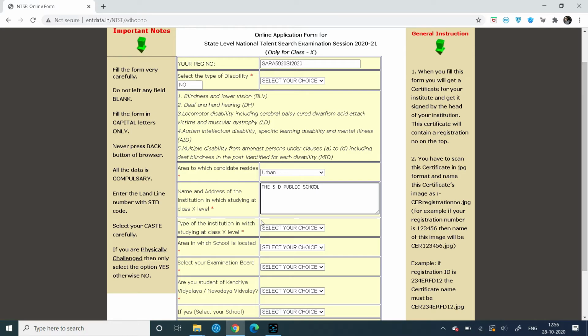Then type of institution level in which studying in class 10th level. If your school is a government school, then select government. If your school is local body, then select local body. If your school is private, then select private unaided. If your school is located in a rural area, then select rural, otherwise select urban.